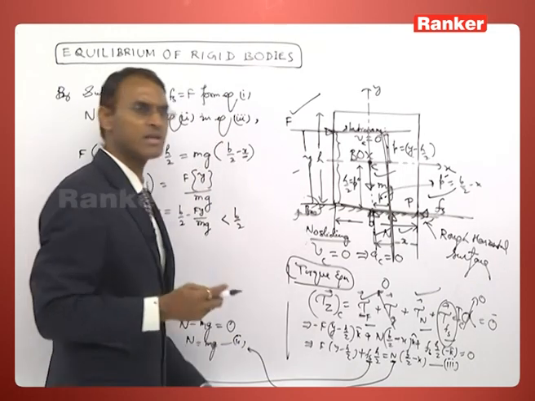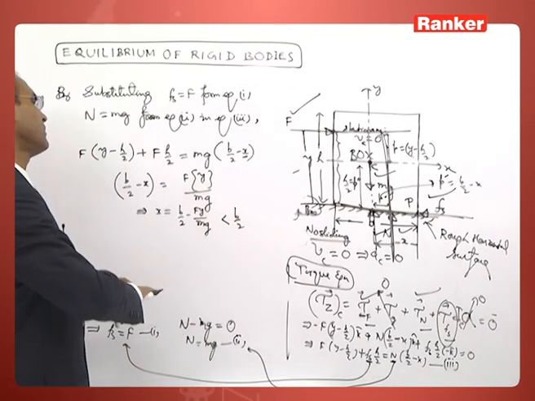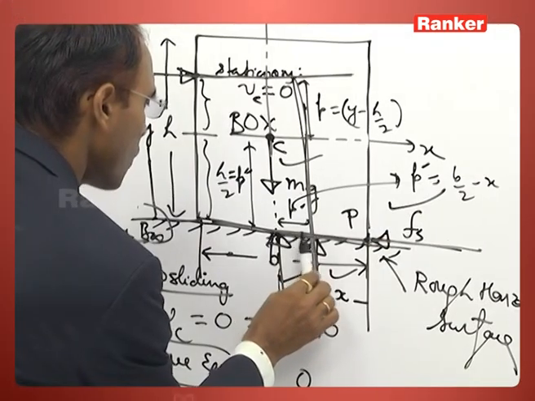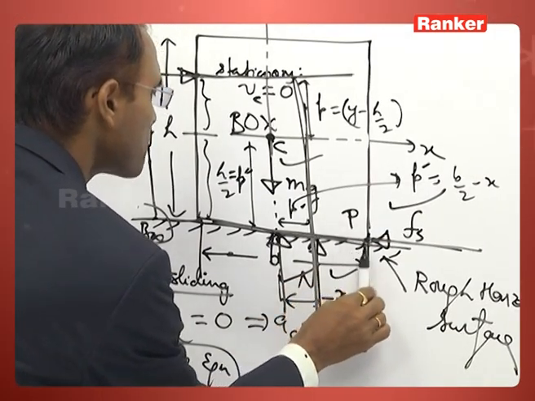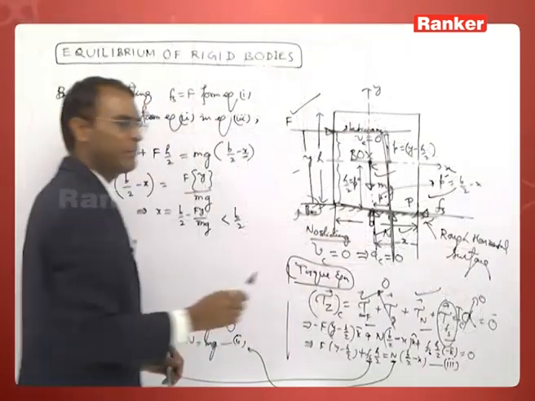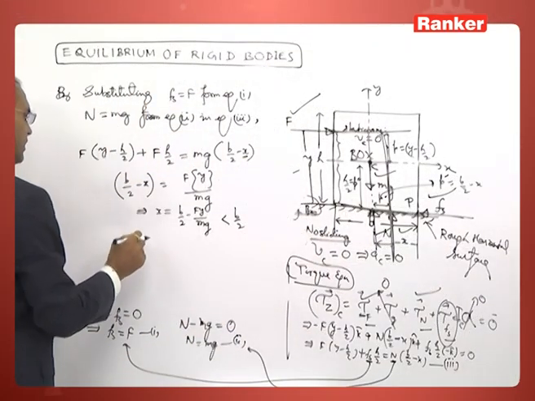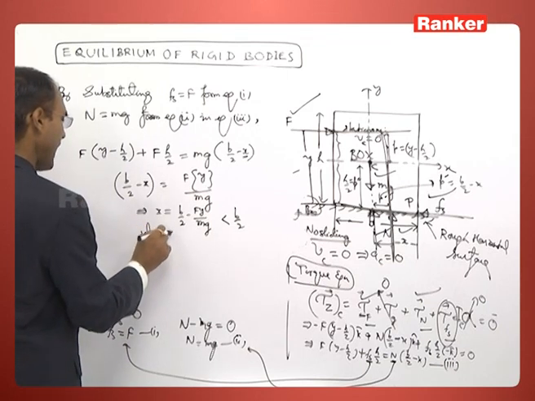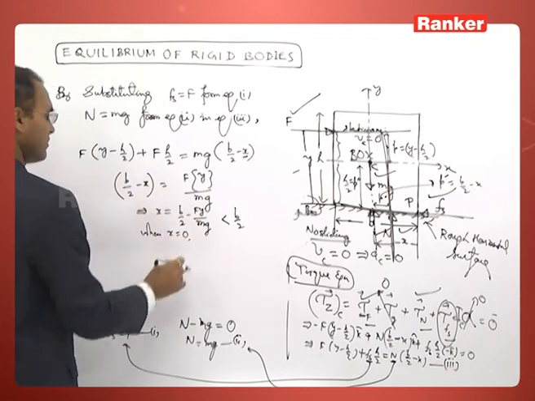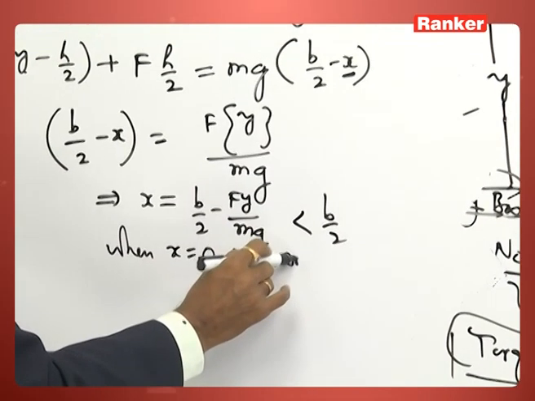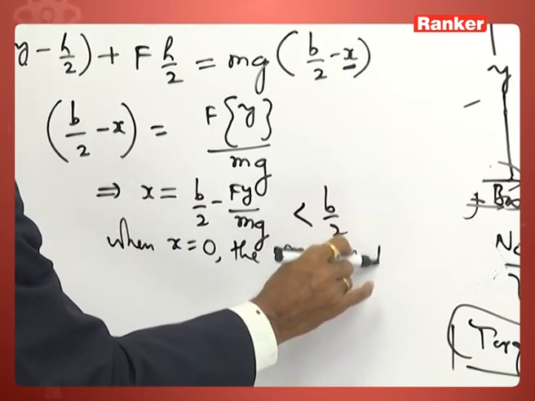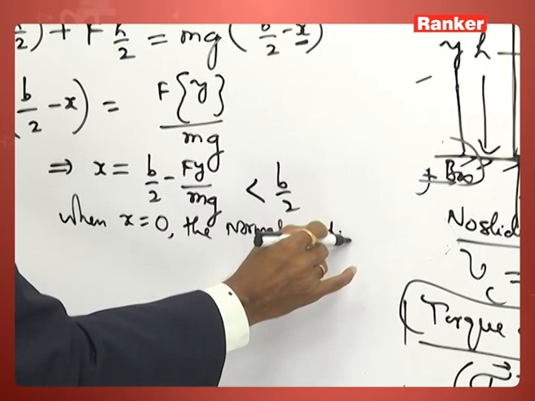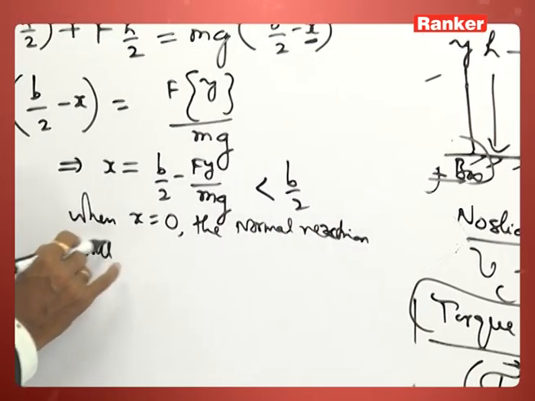And when that normal reaction will coincide or will pass through this point P, that is the condition when x will be equal to 0, the normal reaction will pass through